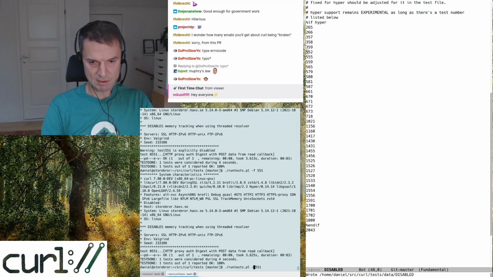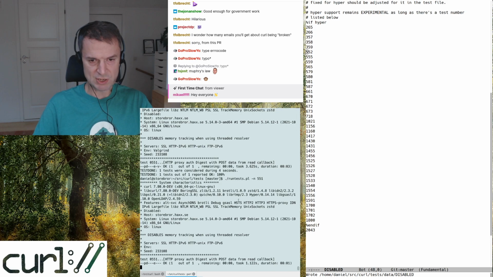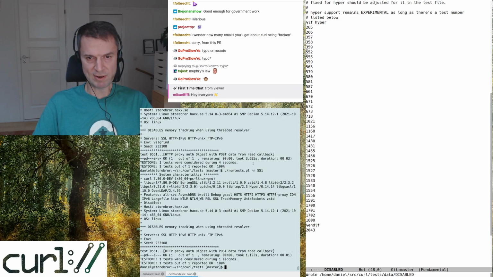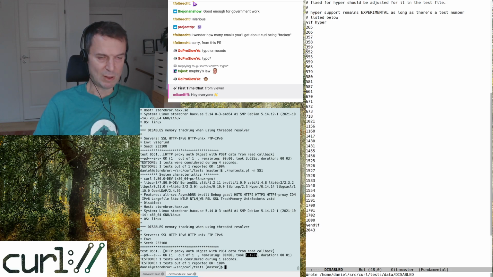I can use -n like this, and if I use -n, it switches off. It doesn't use Valgrind when it runs the test case, which as you can see makes it run from 3.6 seconds to 1.1 seconds. It's much faster. At different points in time during my debugging, I switch off the Valgrind sometimes just to make the